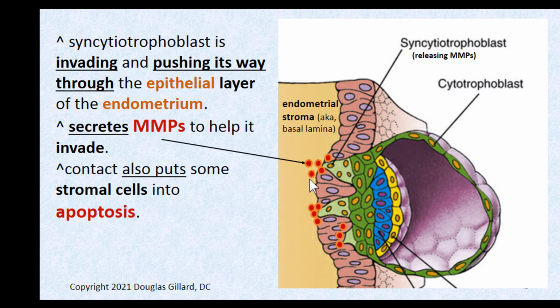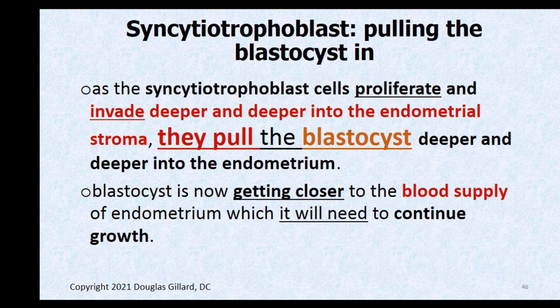So here's the cartoon. So they're releasing these MMP enzymes, and it cuts right through these simple columnar cells, and it starts to pull itself in. Okay, it also has some other chemicals that kill some cells, and I took most of those slides out. We don't need to go that far in the weeds, but very weird cell type. And it proliferates like a cancer. It gets bigger and bigger, and the bigger it gets, the easier it is to pull the little embryo deeper